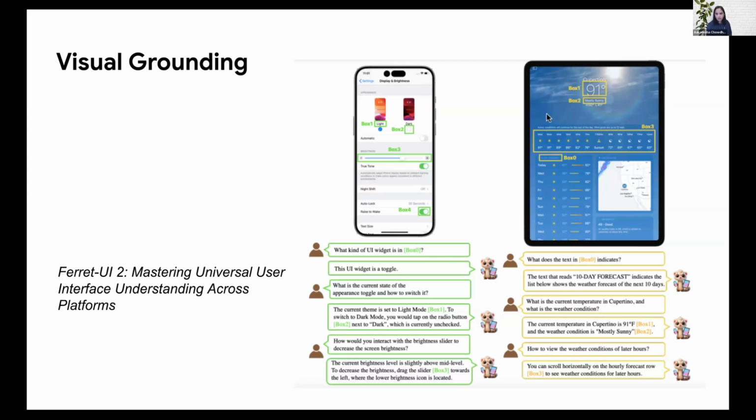So this is an example where you're seeing a phone, and it is showing that all of these boxes and widgets and icons have been identified in the data set itself that they constructed, so it's easy for the model to understand them.